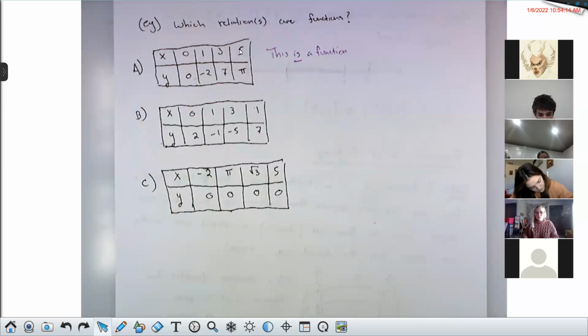Now the domain and range here are a little tricky to describe. Remember, those intervals have infinitely many numbers in them. So neither the domain nor the range here could possibly be an interval. There's only 4 things in the domain. There's only 4 things in the range.